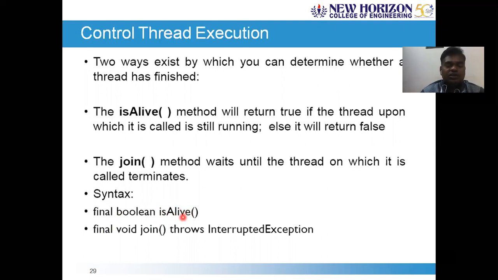Next, the join method, as I described, also throws the InterruptedException. If a thread is waiting for its completion and any interruption occurs, such as a higher priority thread coming, it leads to InterruptedException.